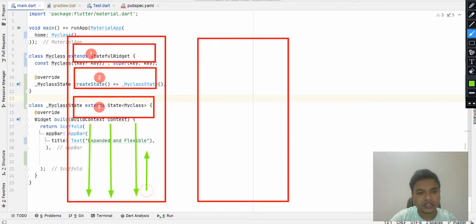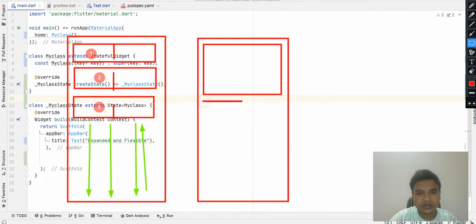Let's assume I want to fill this space, and I want all three containers to take an even space and fill the full screen. There are two options. Either we can specify the height of all these containers, or we can do something that automatically makes these containers responsive with respect to the screen.